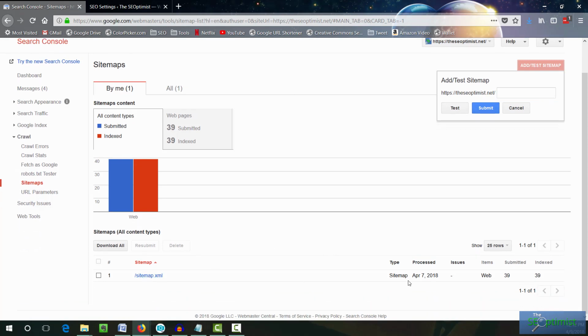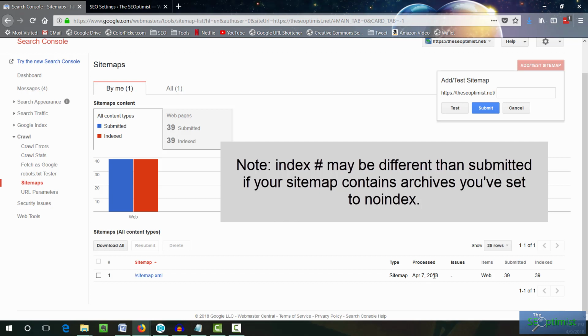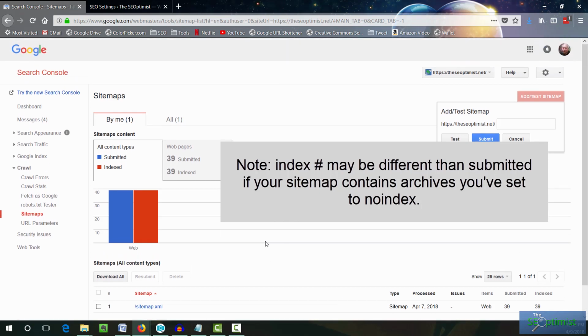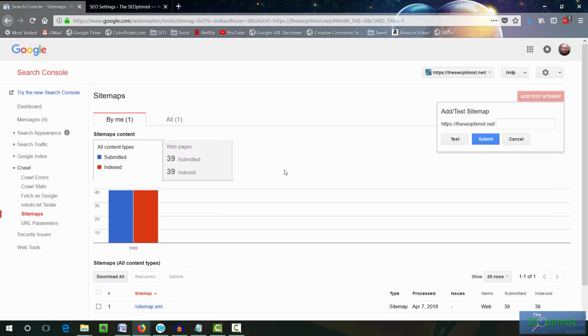Over here, it will tell you the last time that it processed your sitemap. It'll tell you how many URLs it found within it and how many of them it's indexed. As you can tell, my site is less than a year old, so I don't have a ton of URLs yet. One of the advantages of submitting a sitemap to Google is that it helps Google understand how your site works, how your pages kind of link to each other and associate with each other, and if for nothing else, it's a list of every indexable URL in your site just to make sure Google has a full picture of